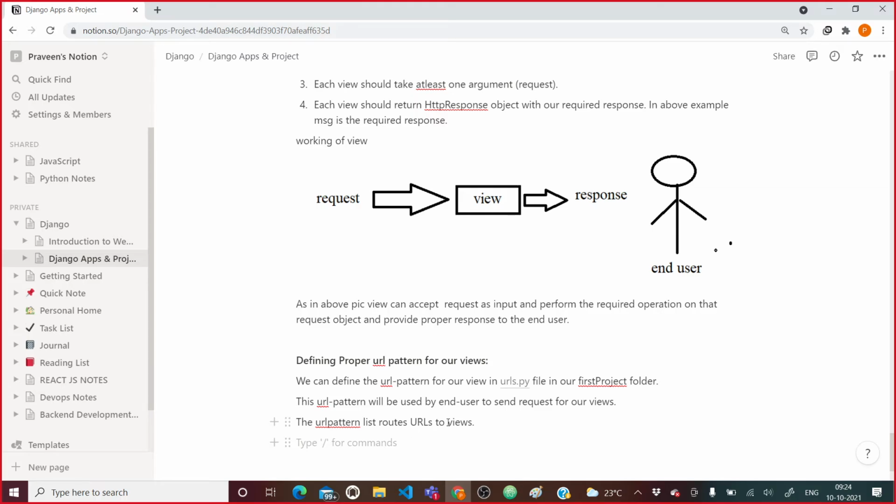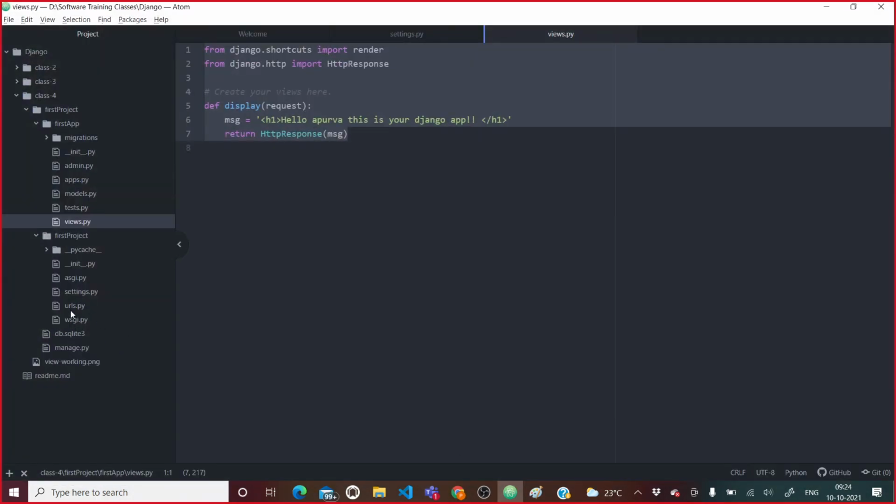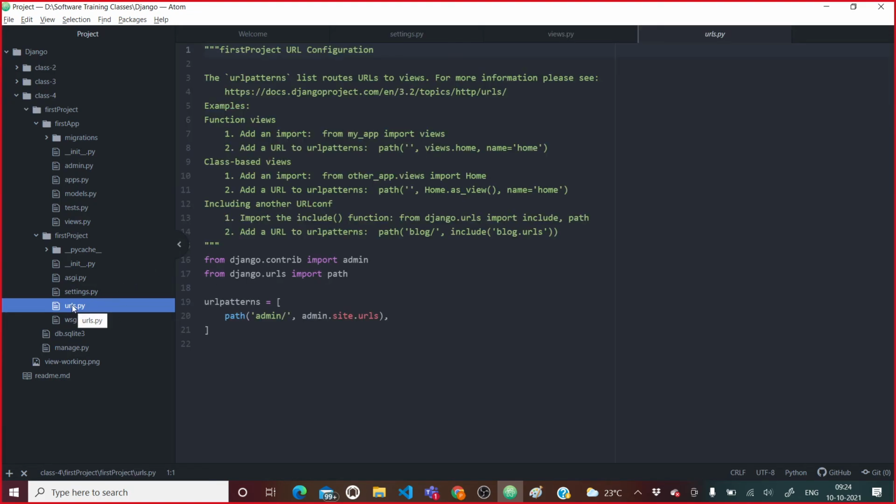First of all we will go to that specific urls.py file, which is here. By default it has added one URL called admin, right? Now here I need to add one URL. So in this list, this urlpatterns is a list.